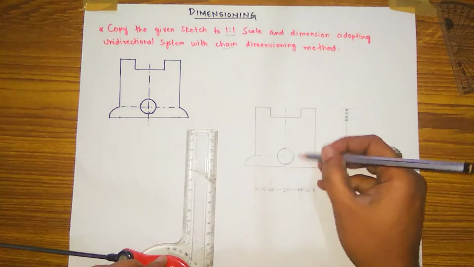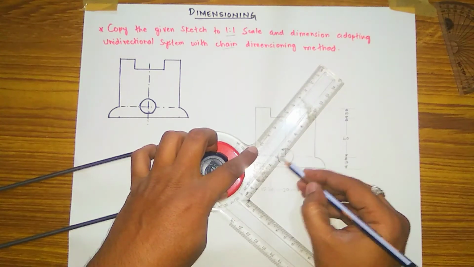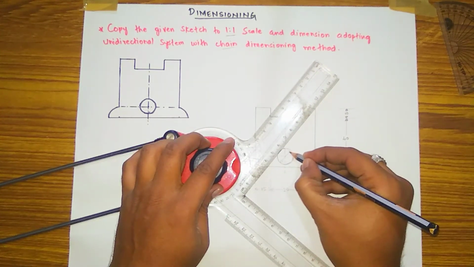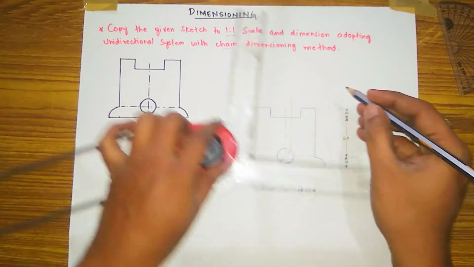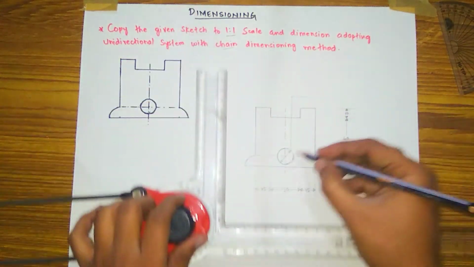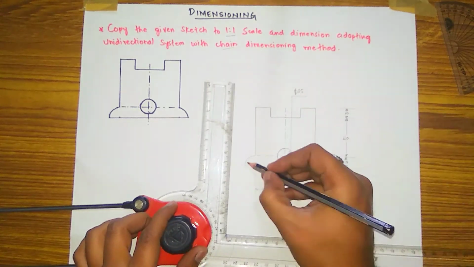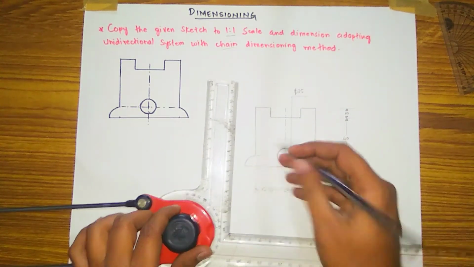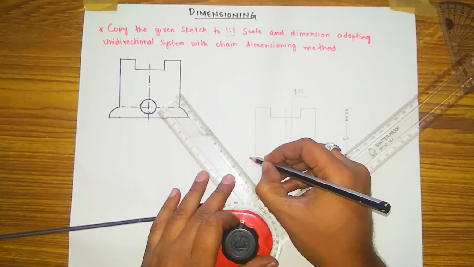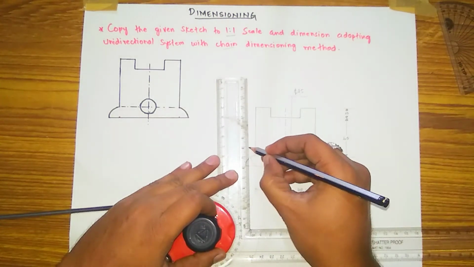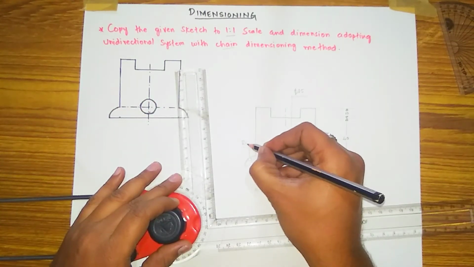And also you have to show the diameter. So how to show the diameter of this circle? From the middle take a diagonal line like this, put arrow marks here and here on the diagonal, and from that arrow take an upward line like this for the diameter symbol. Show the symbol. How much is it? 15. The diameter is 15. And here you have the radius, how much? 10 mm. To show the radius, I am showing you: from here take a line with one arrow mark and a straight line like this. For the radius you write R, and it is 10 mm.